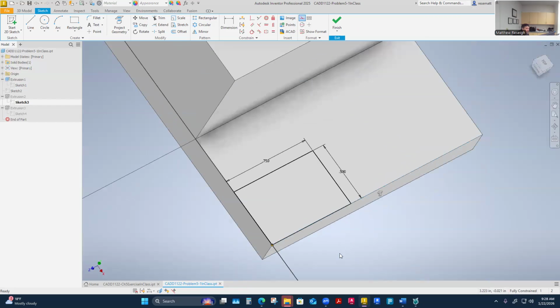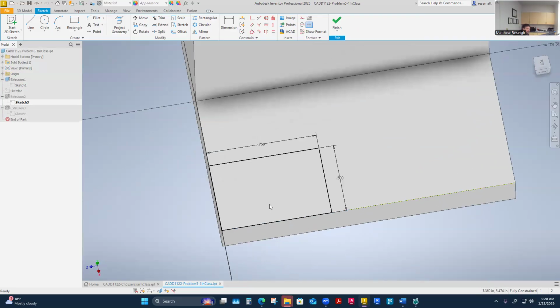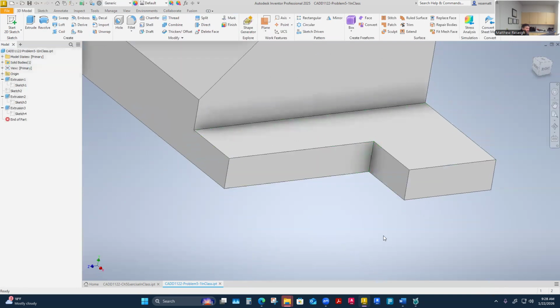Because those are my original edges still. I just need to change this dimension to 1.25 inches. So it's the same on the other direction, but this should be a 1.25. Yeah, so it's just a little longer cut in there. If I finish that,